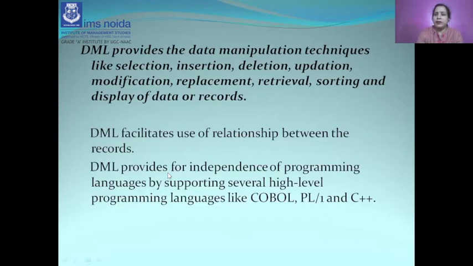Whenever we apply DML to retrieve a query, we are not concerned about the application program or a specific programming language like COBOL, C, C++, because these are application programs. This is the main feature of the DBMS: it is data independent, code independent, and program independent whenever we want to do manipulation on the data.